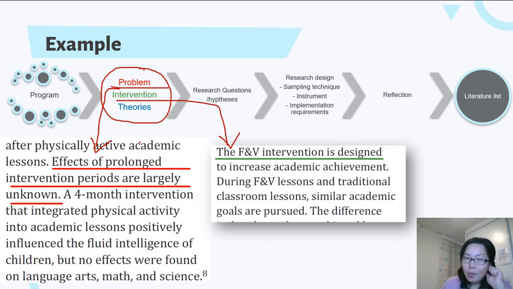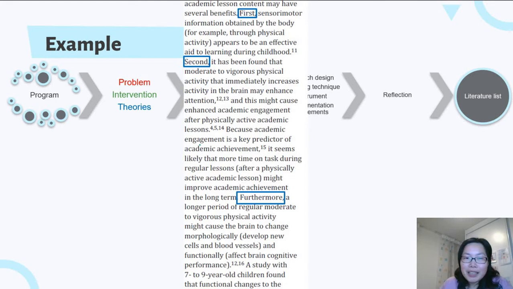They want to test whether incorporating physical activities into the lessons may have a long-term effect. And this intervention is designed to focus on academic achievement. Academic achievement, so this is what they are going to measure. And so similar academic goals are also pursued. After that, they present some theories. So this program, this intervention is designed based on what kind of theory, such as the sensory motor